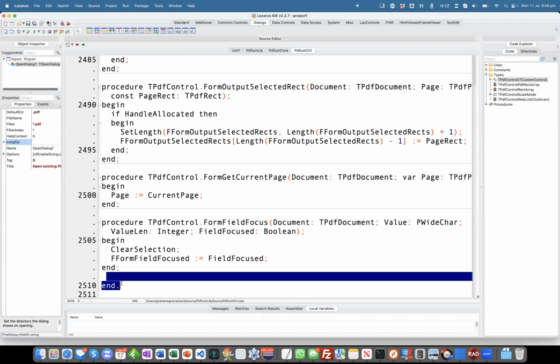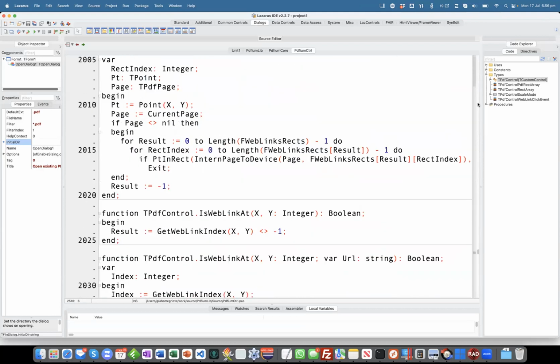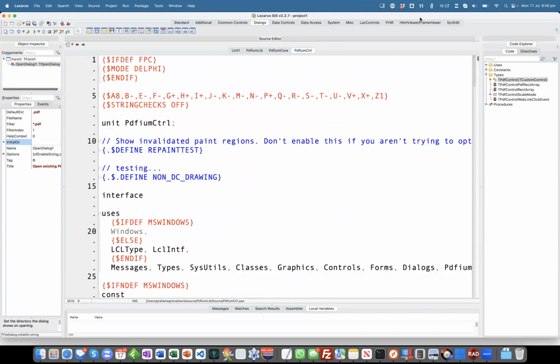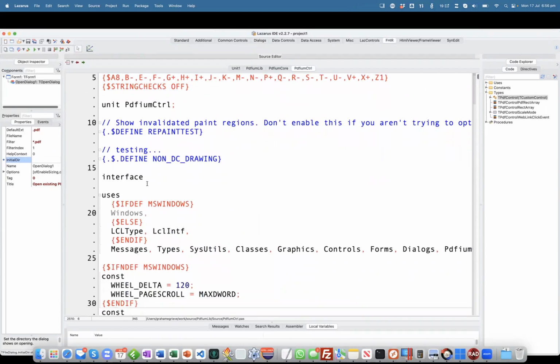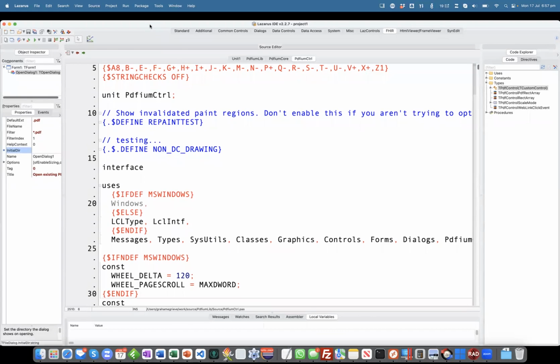There is no register, so there's no visual component. This happens to be Lazarus, but basically, if you look here, there's no PDF thingy up here, and the reason is because the PDF control is dependent on the DLL, and if you loaded it into the IDE as a visual control, the IDE would suddenly become dependent on the PDF DLL. I mean, you could manage that, and I've had other components that have worked like that, where you need a DLL to run the IDE, but Andreas doesn't think that's a very good investment, and so he just says we don't do that. And so instead,